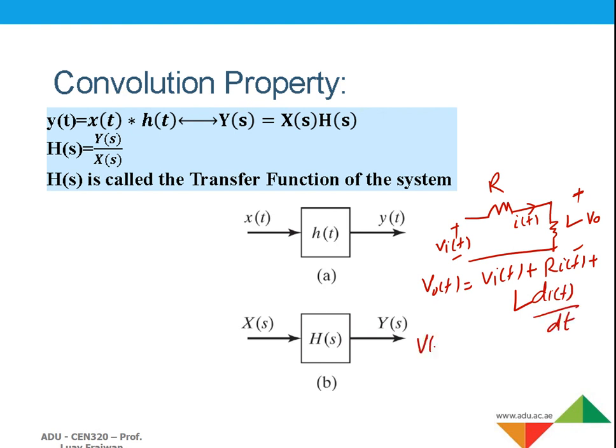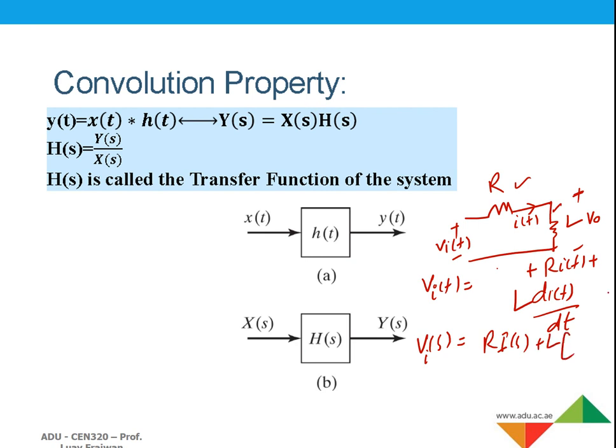So if we take its Laplace transform, this will be V of s. Basically, the input will be equal to the voltage drop across the circuit, the voltage drop across the resistor and the voltage drop across the inductor. So this will be the Laplace transform of this one: R times I of s plus L